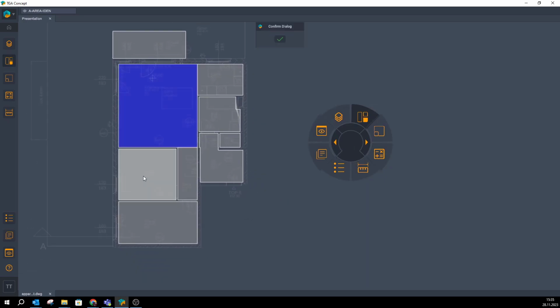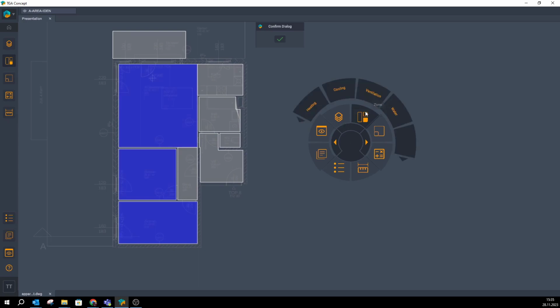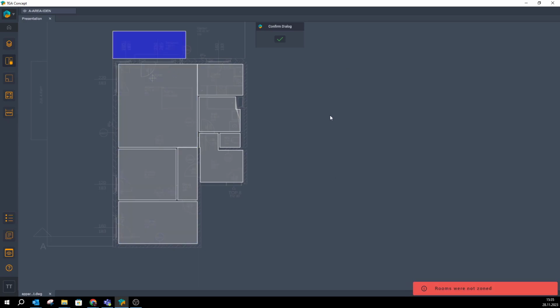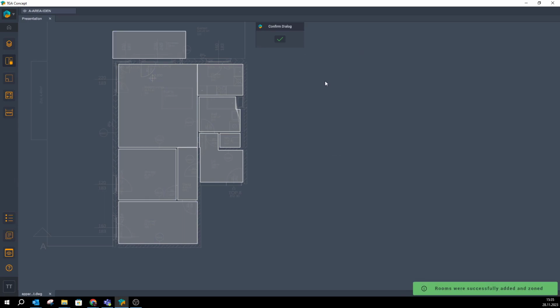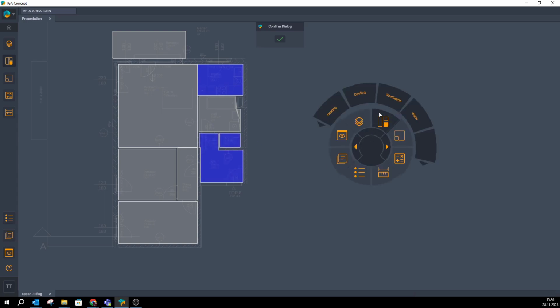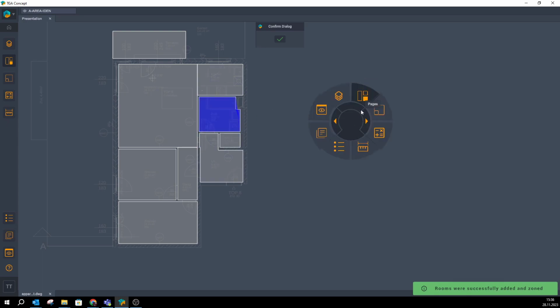So I say this room, and this room will have for the heating, let's say for heating. This room will have, let's say, wastewater also. These two or three rooms will have some kind of ceiling cooling, and this room, for example, will have